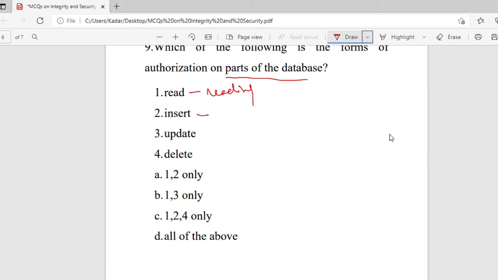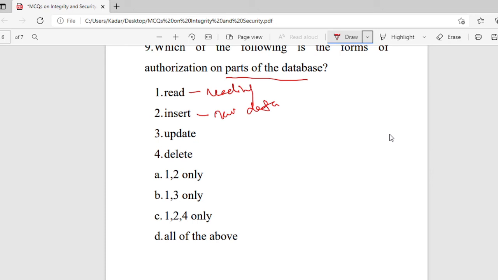Then insert. This kind of authorization allows the insertion of new data. Which means the modification of existing data is not allowable.